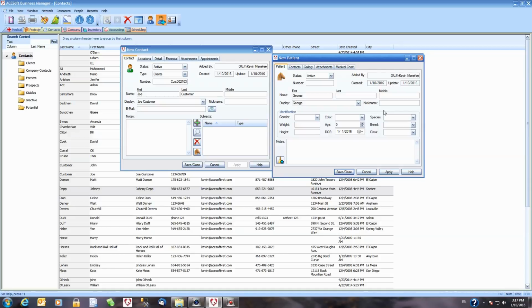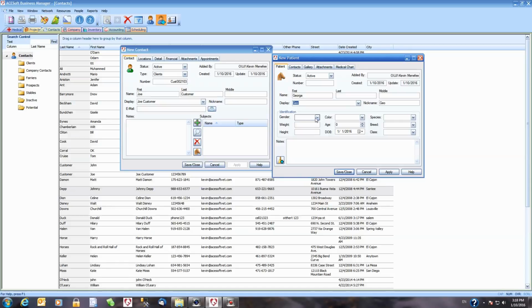I'll just show you here. So we'll say the patient's barn name is Geo, and so you see we have the option to have either one of those displayed, and this is what will be displayed on the medical record, invoice,